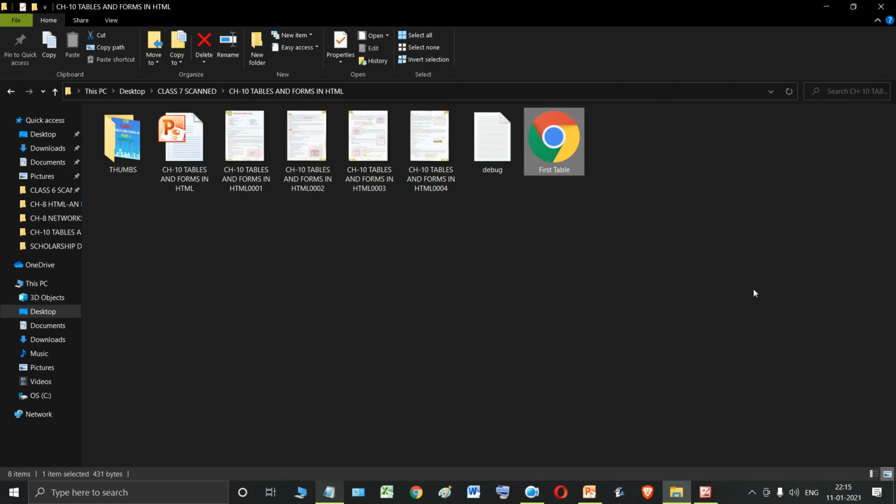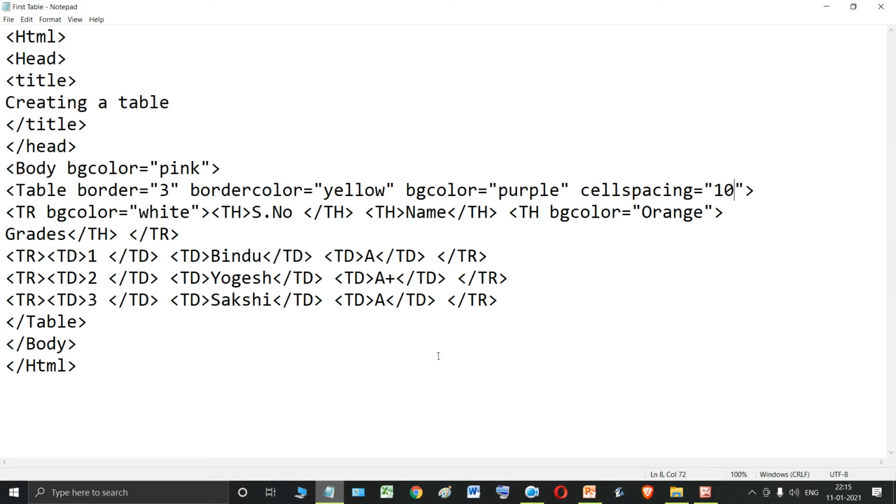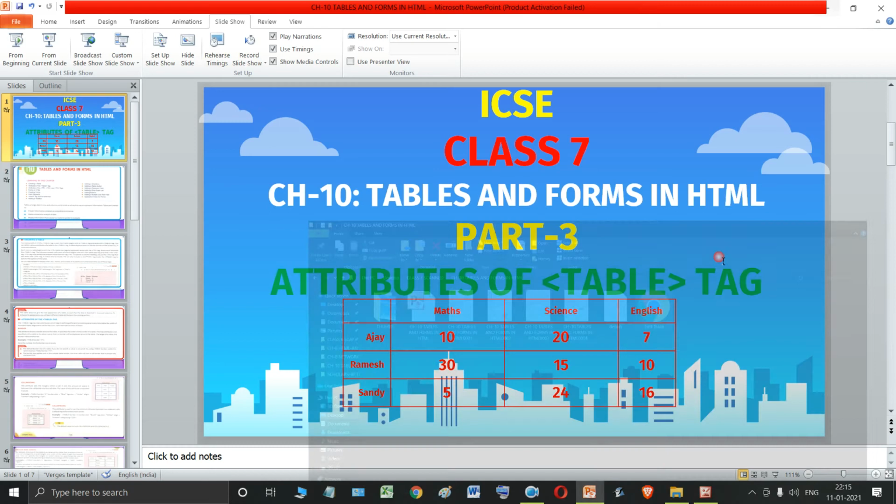So this is how we are going to use the cell padding and cell spacing attributes. I hope this is very, very clear to you guys. Moving on to the next attribute. The next attribute is our